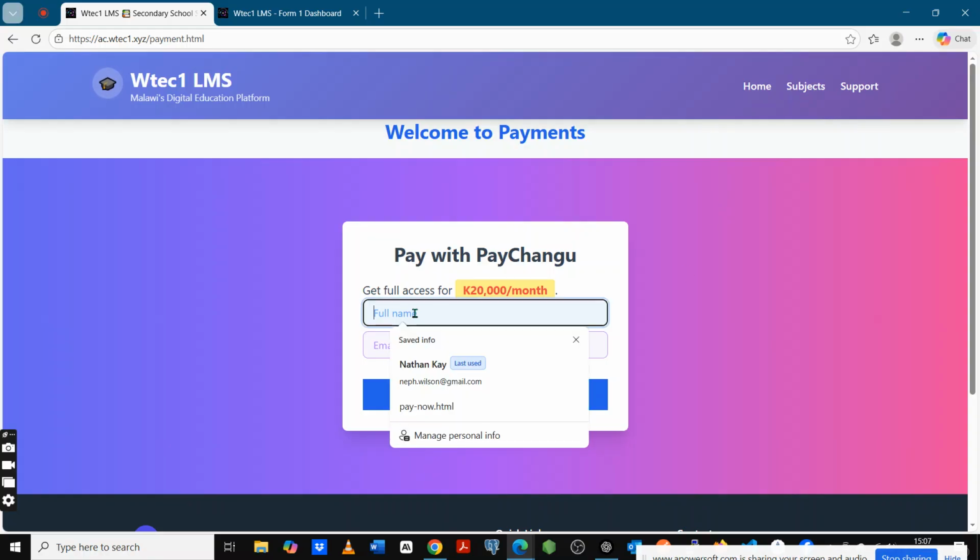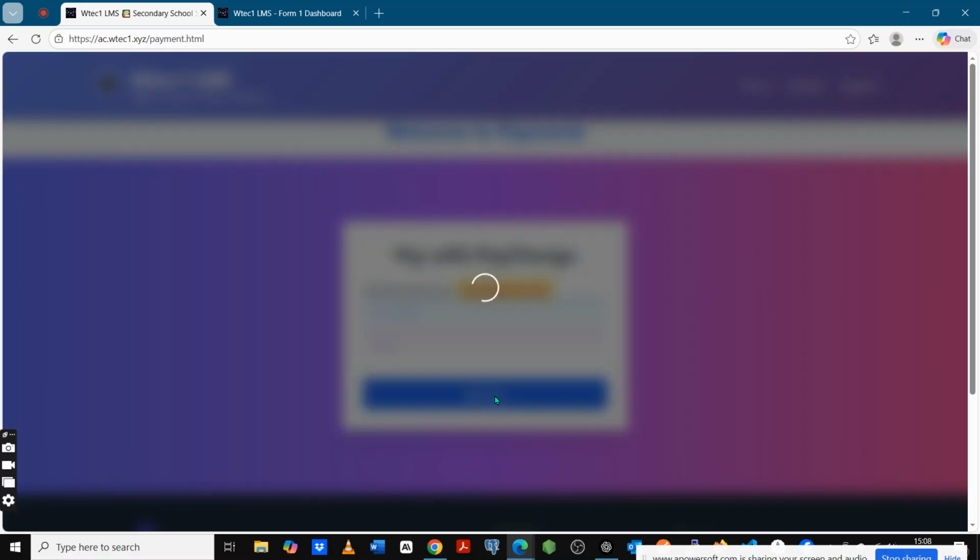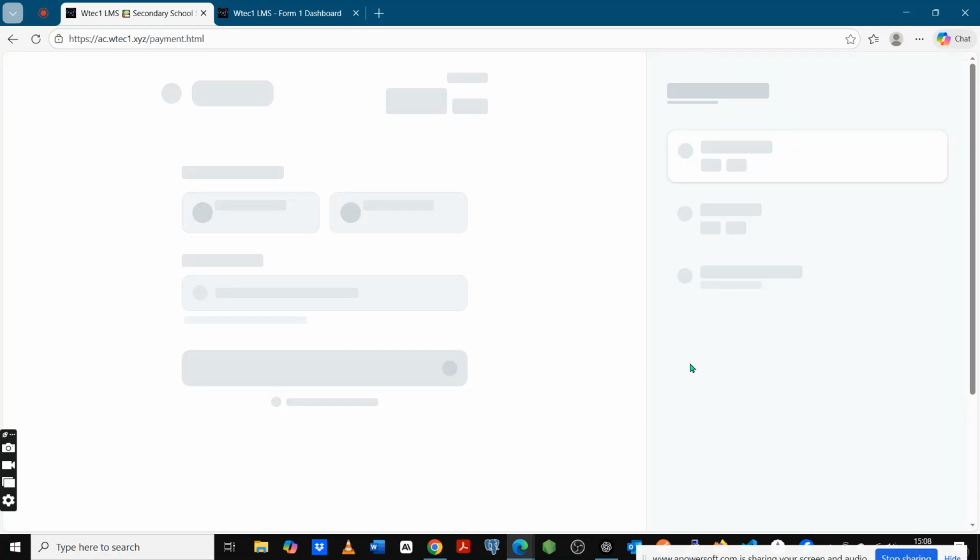Here you will enter your name, and here you can put your email. If you don't have an email, no problem, you can just put your name. Then you click pay. When you click pay,